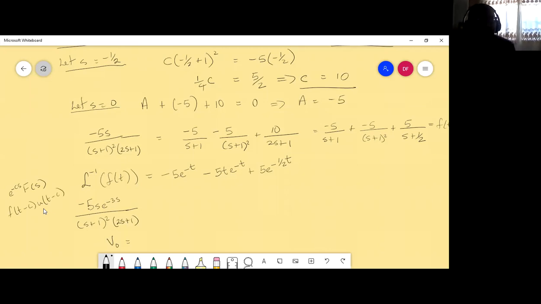So what that translates to in solving our problem is everywhere we see t, because we have e to the minus 3s multiplying everything, we're going to put t minus 3 and u of t minus 3. U of t minus 3 means that the thing starts at t minus 3. So we're going to write down v is going to be equal to minus 5 e to the minus t minus 3 u of t minus 3